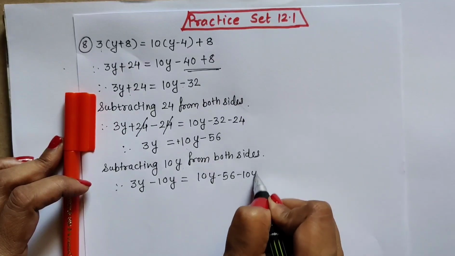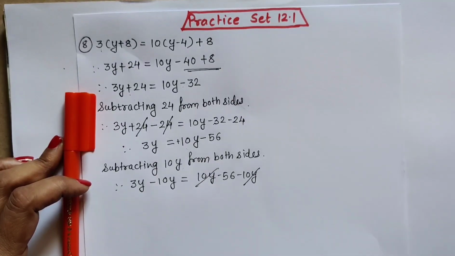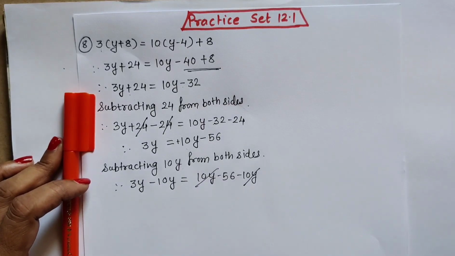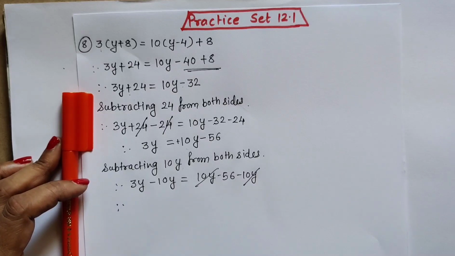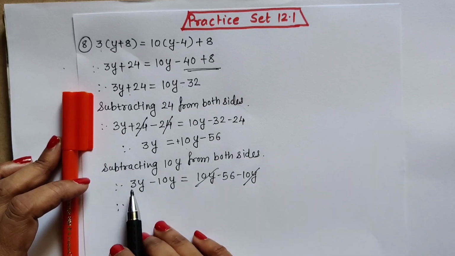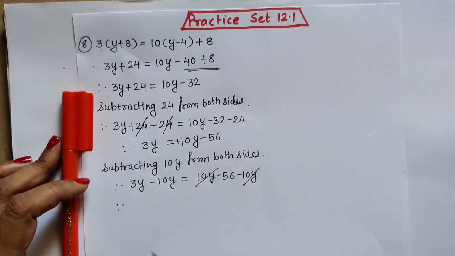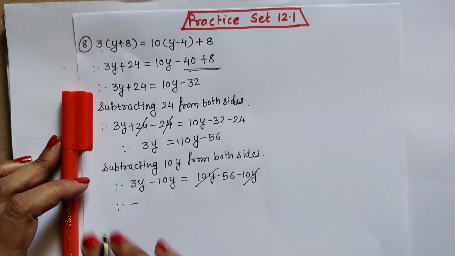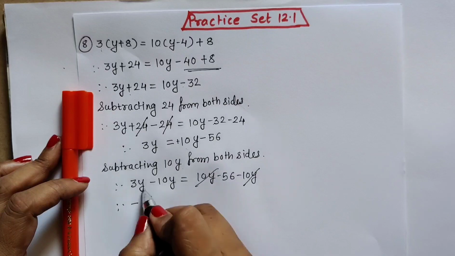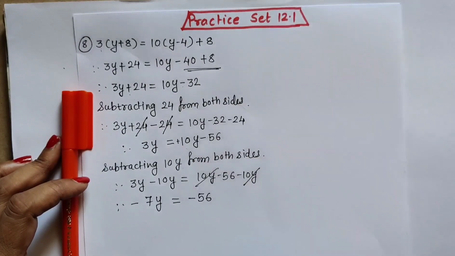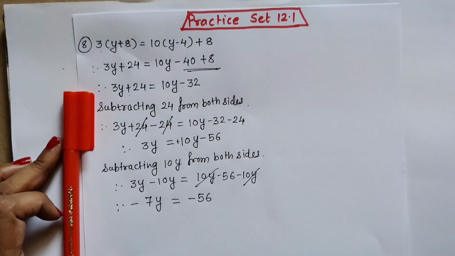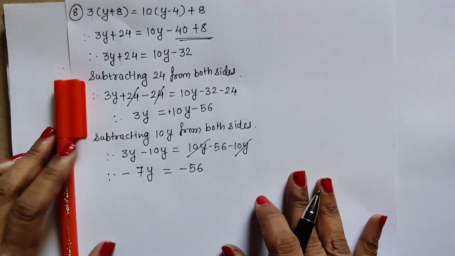We have to subtract 10y. So plus 10y minus 10y on right hand side is getting cancelled. It is 0. On left hand side, both are like terms, y terms, 3y and 10y, like terms, same terms, can be subtracted or added. So plus 3 minus 10, plus minus minus, sign of bigger number is 10. So 10 sign is minus, so put the minus sign. Plus minus minus, 10 minus 3 is 7 and variable is y. Minus 7y is equal to what is remaining on right hand side? Minus 56 is remaining.